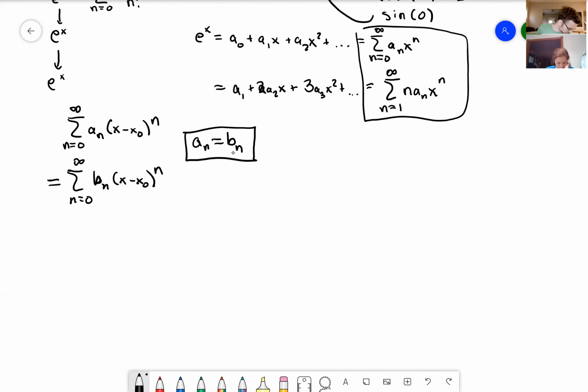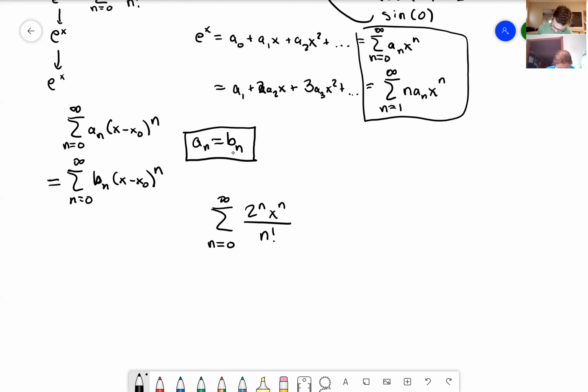Okay, so let's do some examples. Here's the first, and this is a completely trivial example, so this should be obvious. If we have a power series, let's say the terms are 2 to the n, x to the n over